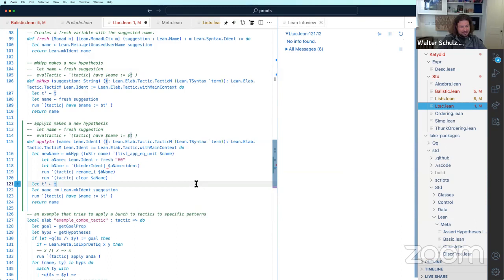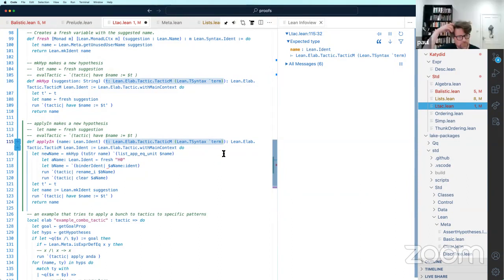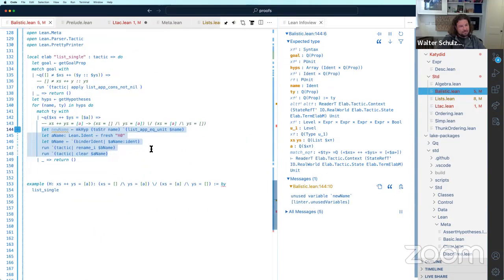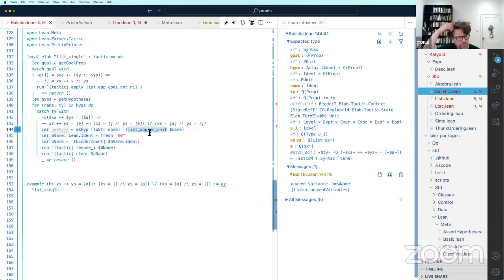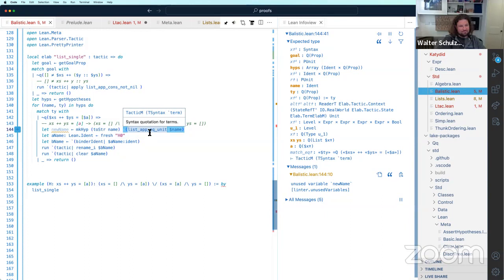And it doesn't need this term syntax anymore. It can now, what would this be even?